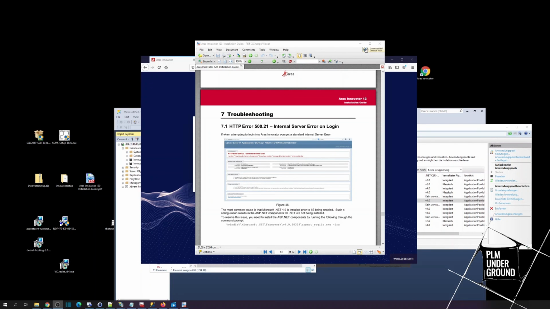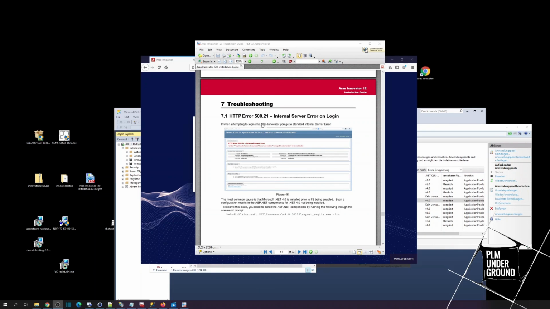Finally, we should not forget the troubleshooting guide that is mentioned in the installation guide. The troubleshooting guide covers a couple of error messages that I have never seen, but maybe you see them. So one is an HTTP error 521. Don't mix things up. In my installation process, I did a bug fix for 524, so something completely different. But here it gives you some tips to resolve this one.